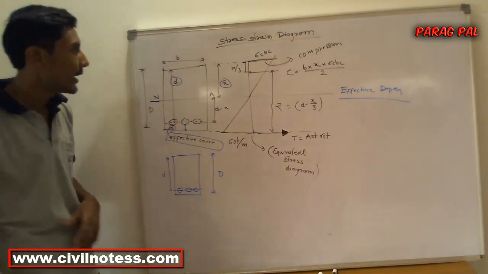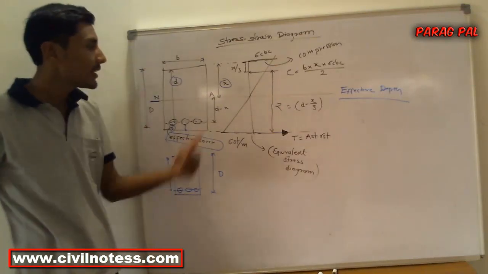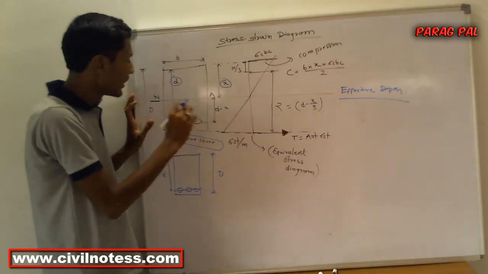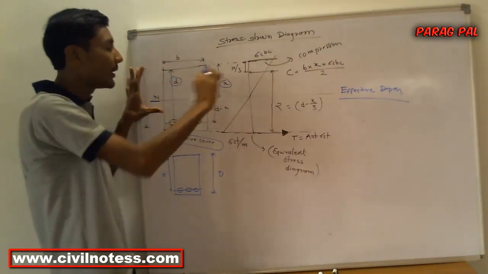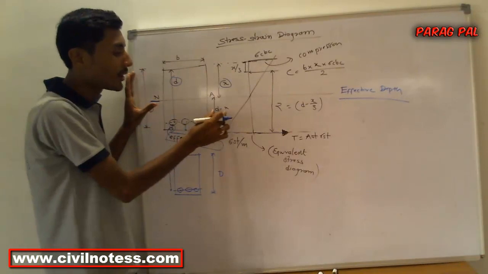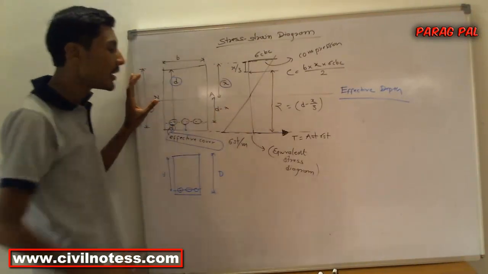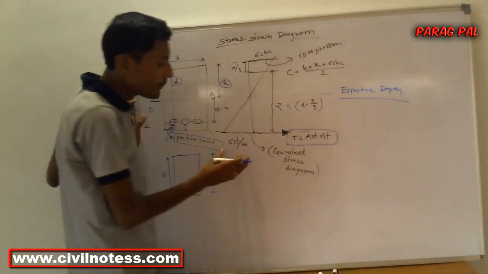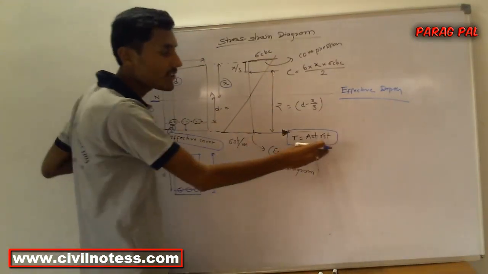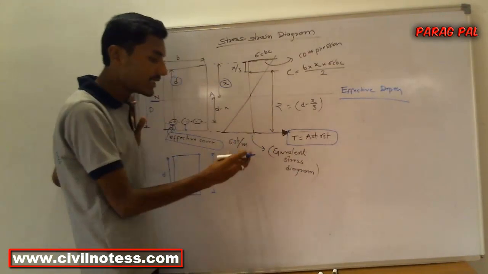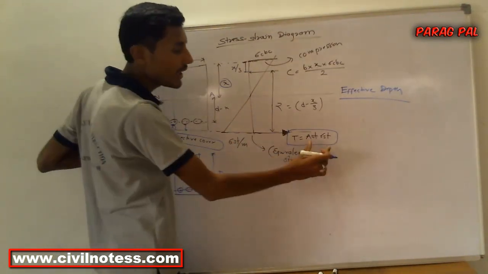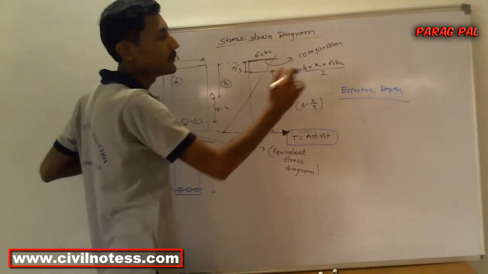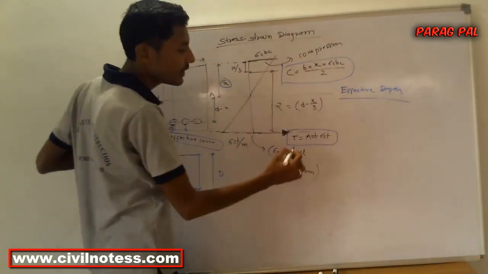Now the main thing is that here d minus x is the rest of the effective depth after the depth of the neutral axis, so you get d minus x. With respect to that, here the tension is because of the permissible stress in the steel, which is Ast into sigma st, and above the compression comes, which is bx into sigma cbc by 2. These are the two really important things.